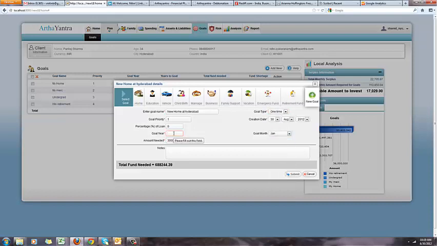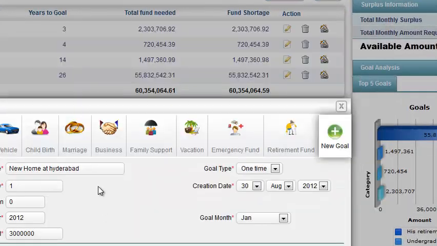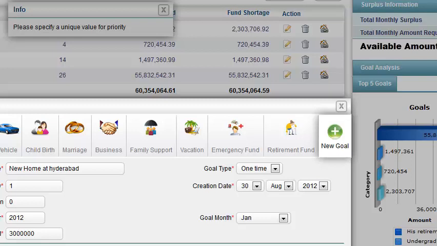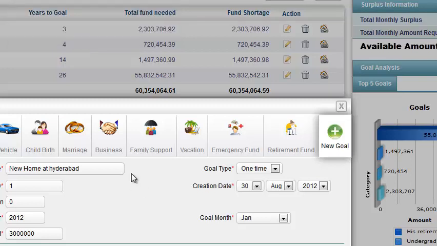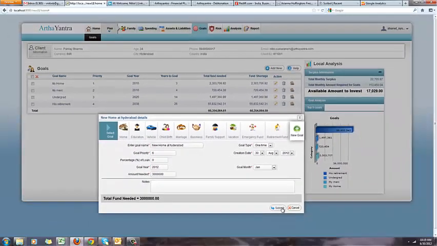Once you have entered the goals, this is where you see the summary of your goals. You can either edit or delete the goals. To edit any goal previously entered, click on the edit icon in the actions menu. You can make the required changes and submit it for assessment. To delete a previously entered goal, select the goal or goals you want to delete and click the delete icon.